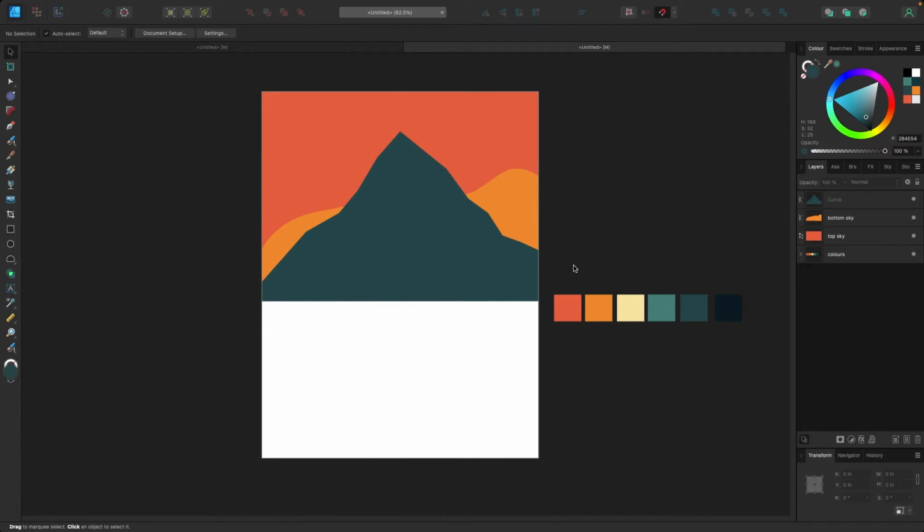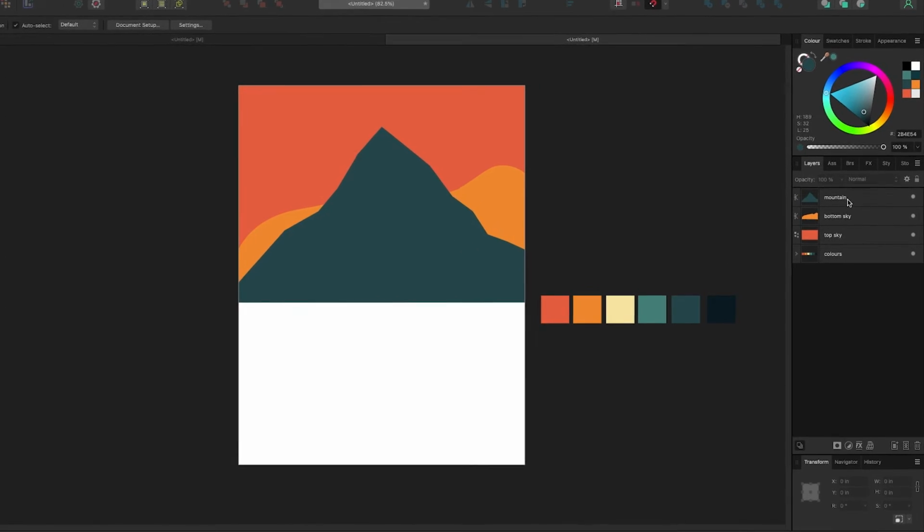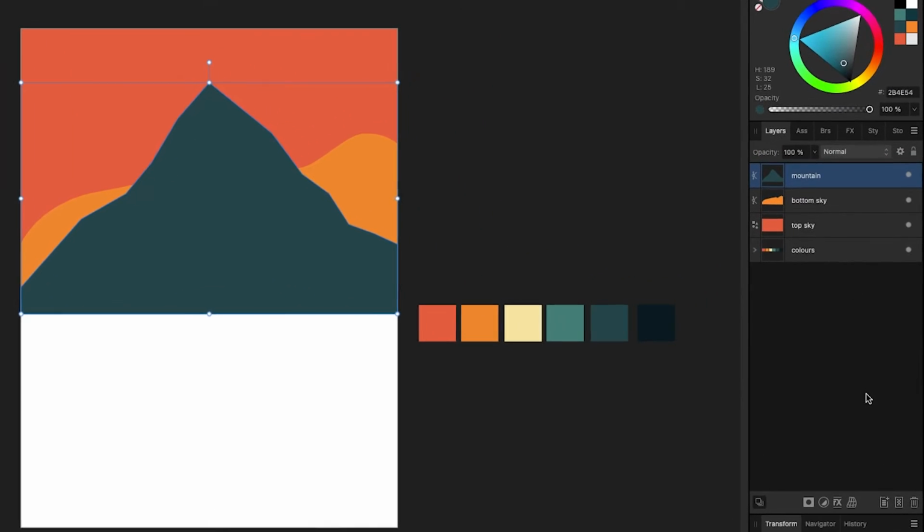It doesn't look like much right now, but it has some shape. So let's add something to this mountain to give it a bit more depth. In my layers panel, I'm going to label this mountain. The next thing we're going to do is put something inside this mountain, a shadow, to make it look a little bit better. So with my mountain selected, I'm going to go down,